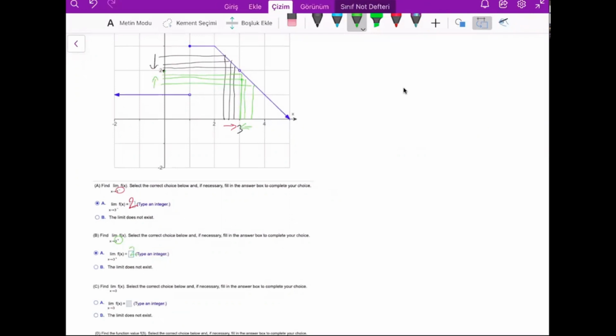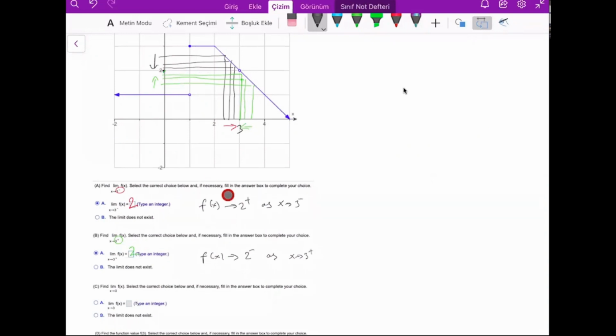Okay, but maybe we can say that by using another notation I will show. Here f of x approaches 2 from up, so from the bigger part, when x approaches 3 from the left side. Here is extra information, but it is for sketching the graph, which you will need in the future. Here f of x approaches 2 from down, from the negative side, less than 2, when x approaches 3 from the right hand side.